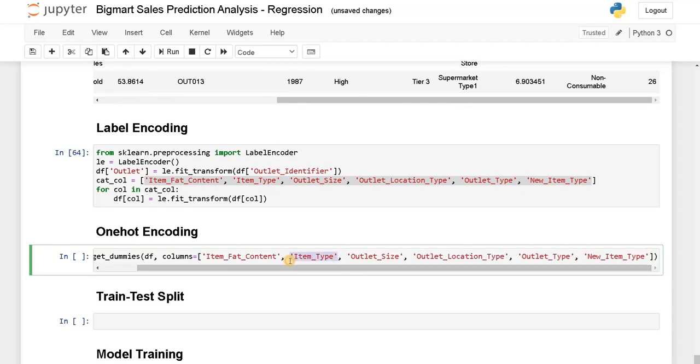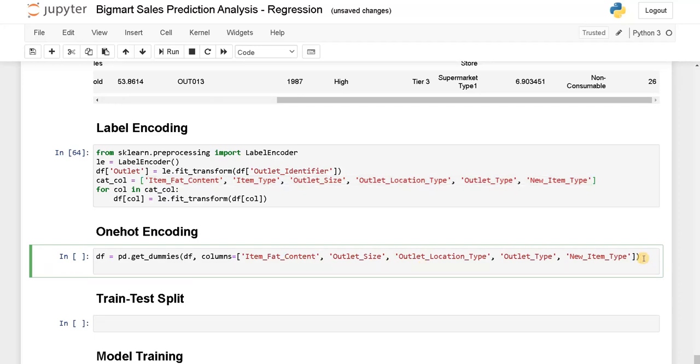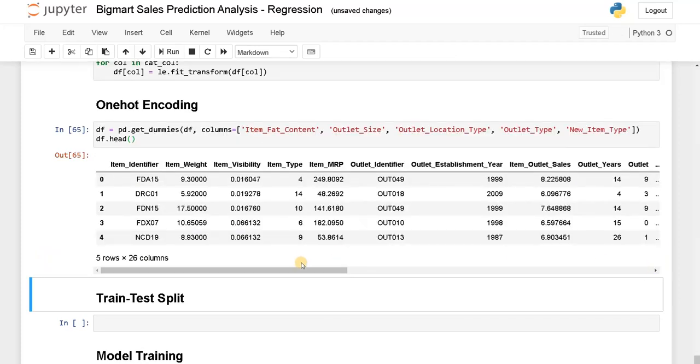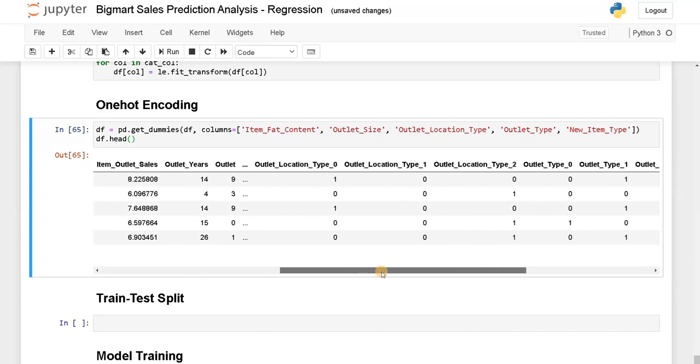So we will remove that. After that, let's run df.head. Now we have 26 features. That is pretty reasonable. If you have more than 100 features, it will take a large amount of time for training the model.